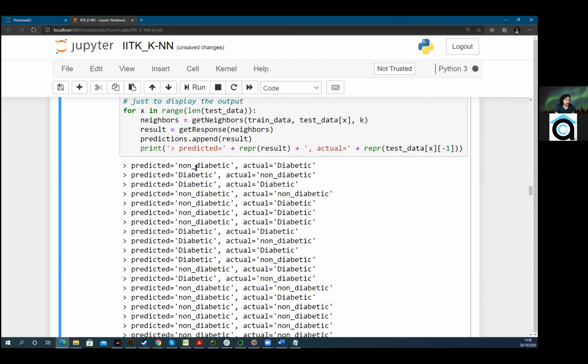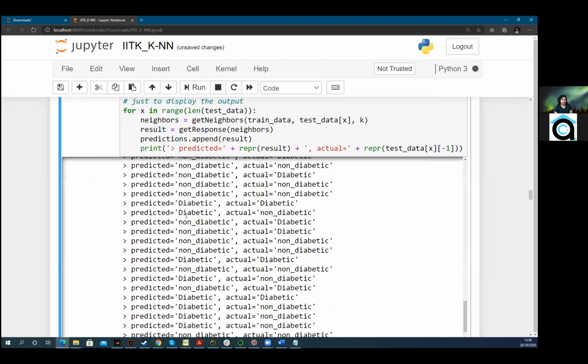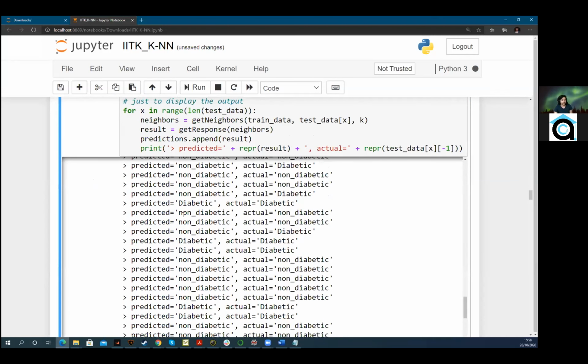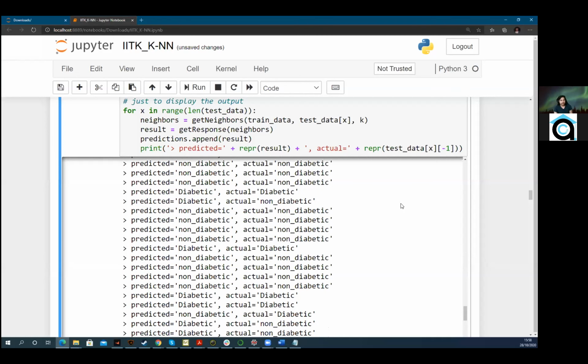So in some cases you see it is non-diabetic and predicted as diabetic. Actual is diabetic. So it is giving you the actual, and in one of the cases you see it's non-diabetic and actual is also non-diabetic. Non-diabetic, actual is also non-diabetic. So there are some true predictions and some are wrong. So let's say that how much accuracy we got. So we got an